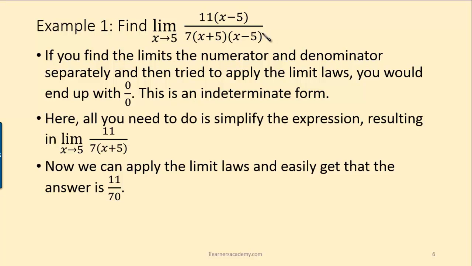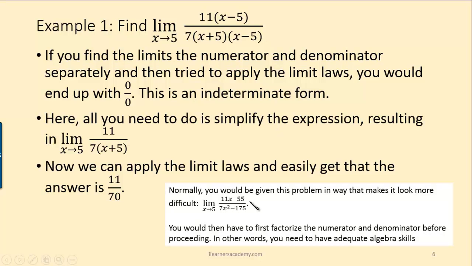The problem is you won't normally be given the question in this form. You would most likely be given the expression in this form. So your job is to recognize that, one, this represents an indeterminate form. If you simply substitute 5 here, you get 0 over 0. You should also be able to recognize that this is factorizable, and you factorize it, bringing it to this form,